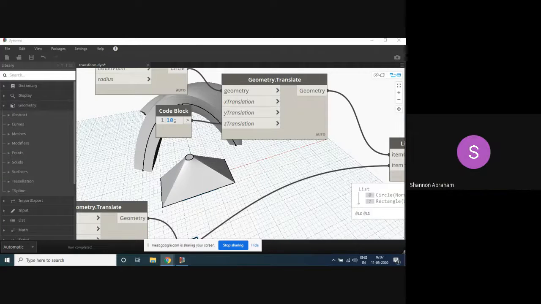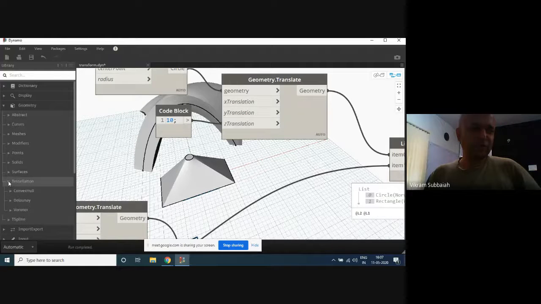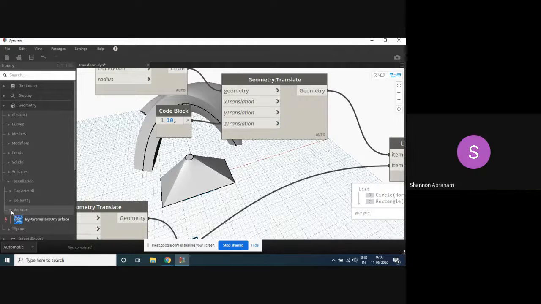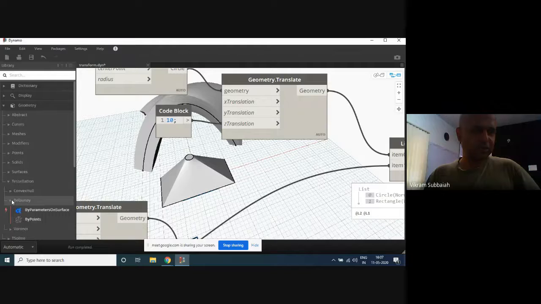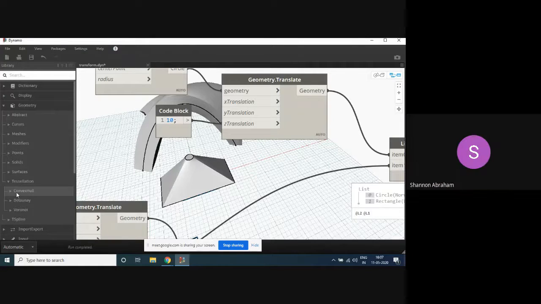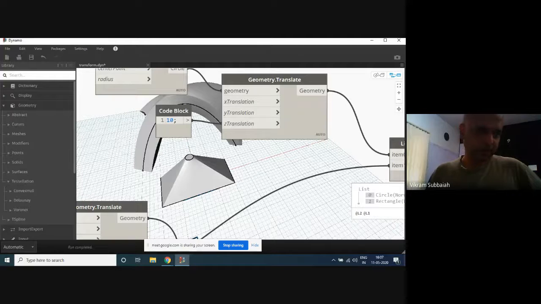What does tessellation do? Tessellation is more like the paneling thing that we're doing. You'll have studied Voronoi and things like that. You can do a little bit of study on Delaunay and Voronoi and try this out. This is easy. You'll easily be able to create those patterns that you see all over the place, here with random Voronoi patterns.